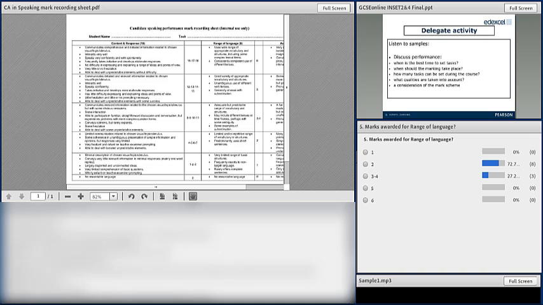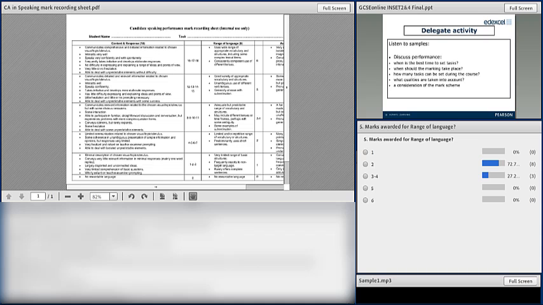If in doubt, the best way is just to read it. You can pick a box and think that that's the right one. Have a look at the one below and the one above and see how much of that applies. Sometimes it helps to make sure that you're in the right box. Look at the one above and think, well, no, this doesn't apply. Here, we can't really say very limited because she does offer some complete sentences, but equally we can't really go up to the 3 to 4 because most of the descriptors don't fit.